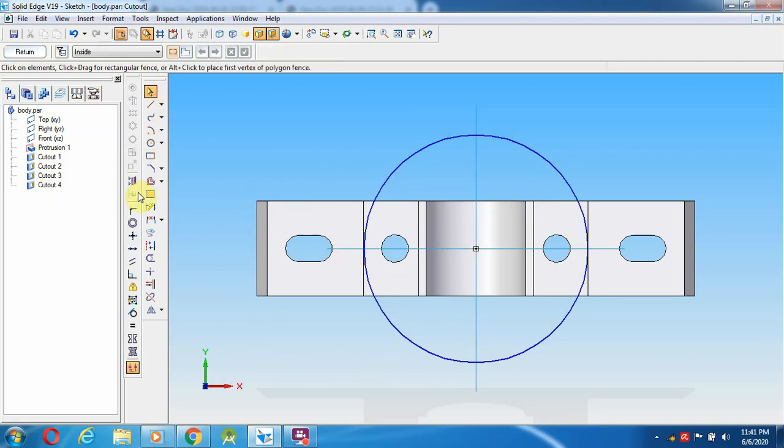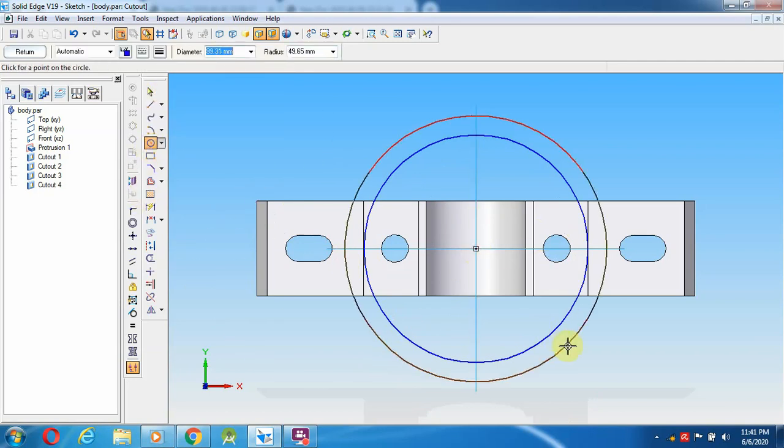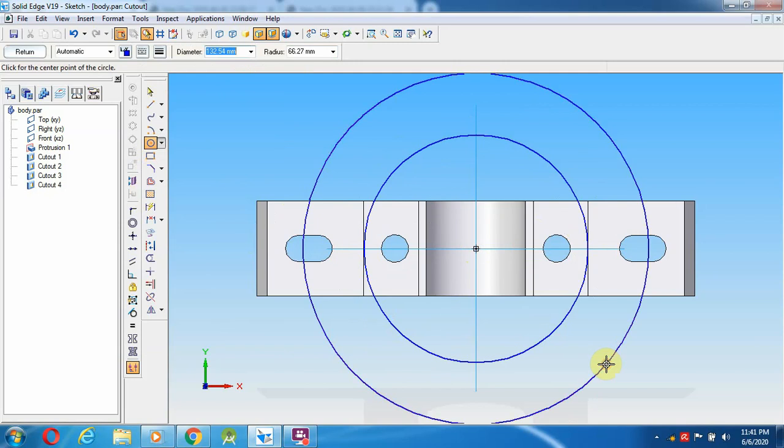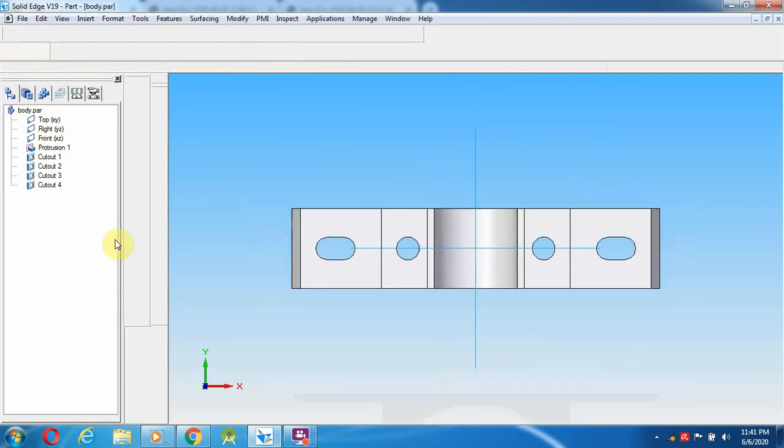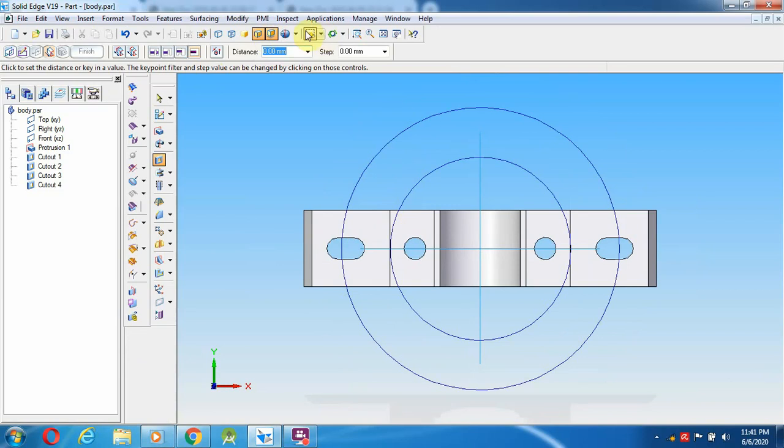Okay, then apart from that, again I am going to select a circle, same midpoint, bigger than that circle, but the condition is the circle is bigger than this line, at any radius. More than this curve as well as more than this line. After this is done, go to the option called return and trimetric view.